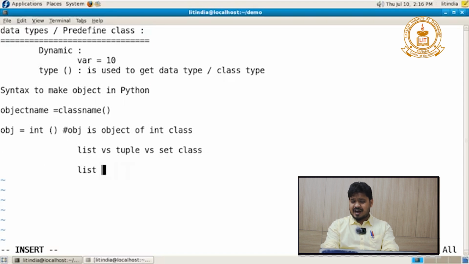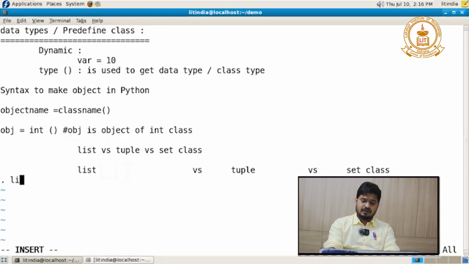First we go for list versus tuple versus set class. So first point we can call: